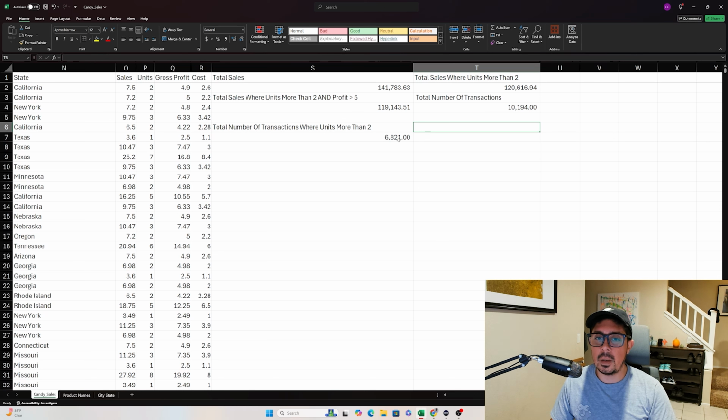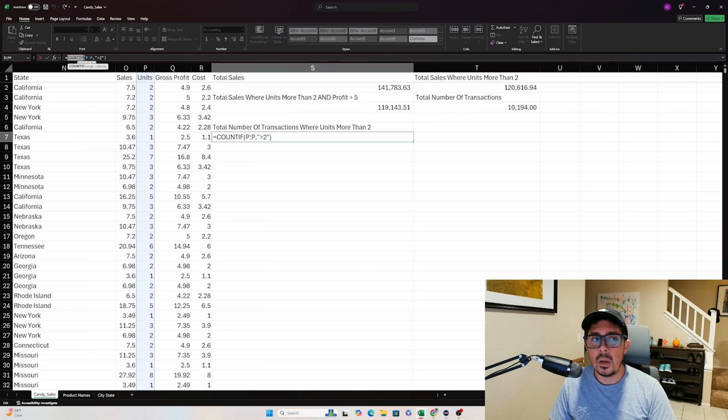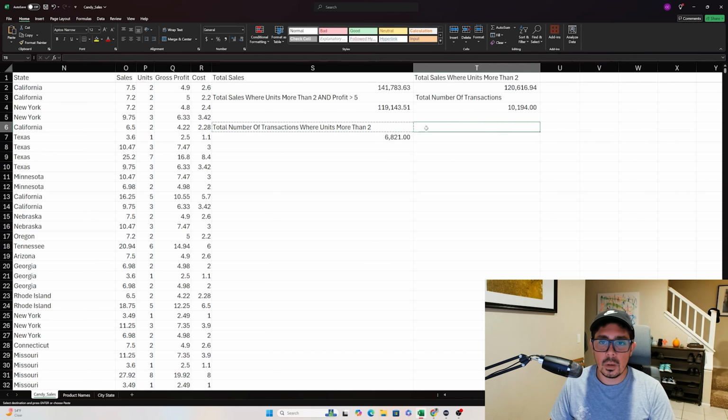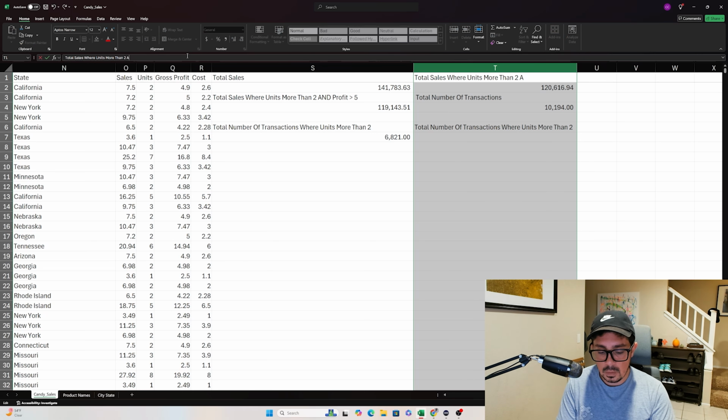Perfect. Let's move on to the COUNTIFs. So you're going to notice actually that for your COUNTIF, you only have 2 parameters, the column that you want to do criteria on, and the criteria, because we don't want to sum a separate column. We can go ahead and actually count the column that we're doing the criteria on. It lets us exclude that additional column. Perfect. So let's copy this title over,